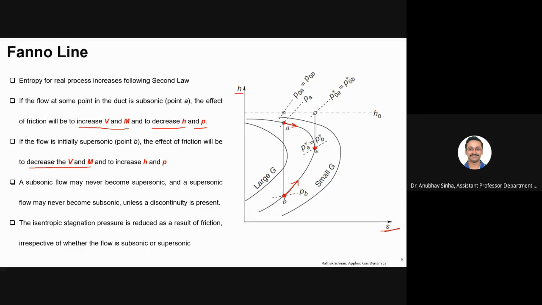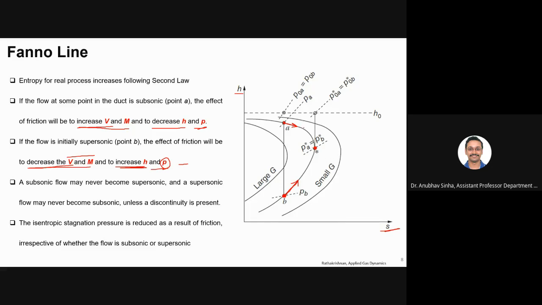Yes. Now if you decrease Mach number, what will happen to H? H is in the vertical direction, the Y coordinate, and you are anyway increasing it, so H increases, right? What about pressure? We have seen from nozzle and diffuser relations that if your velocity is decreasing, then pressure has to increase, and if your velocity is increasing, then pressure has to decrease. So this is how these variables will vary for these two branches.